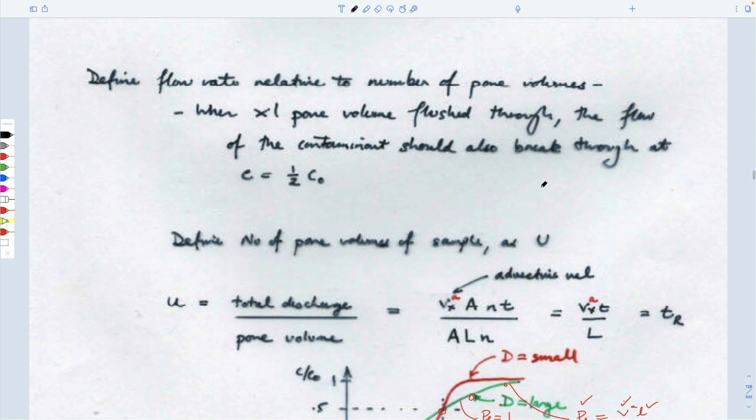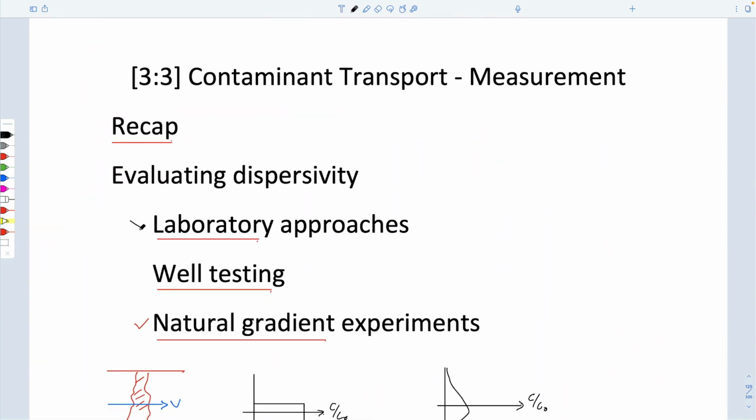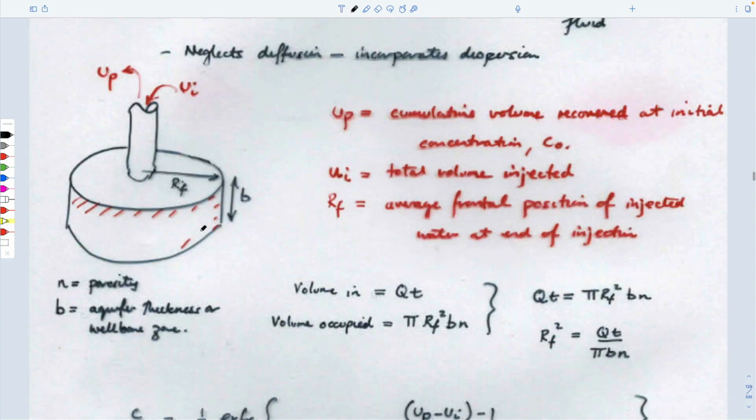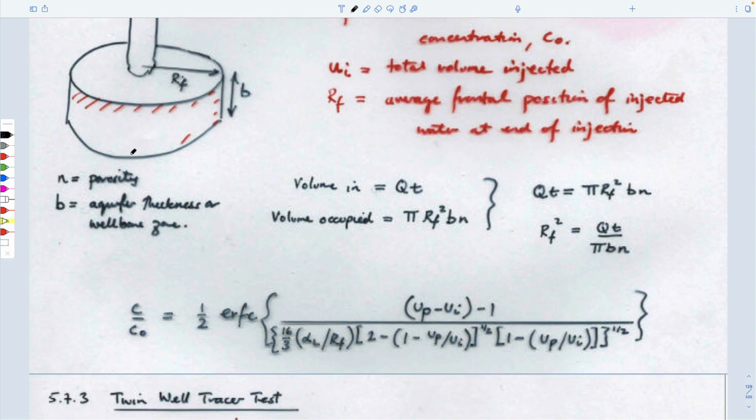So the next step would be to take it out of the lab, where you're not dealing with a small scale anymore, and try and take it up the next step to talk about doing it in the field, where perhaps you do have this structure at the right scale, meter scale or larger scale, the scale of your plume in place, or the plume that you expect to develop in place, and then run an experiment. And so the corollary of doing this experiment in the lab would be to have a well, to push water with a certain concentration in it, so that out from the well bore, I guess, if we drew a picture like this,